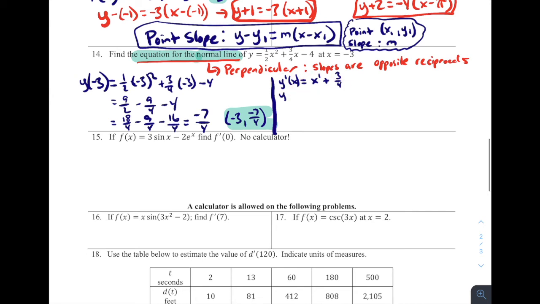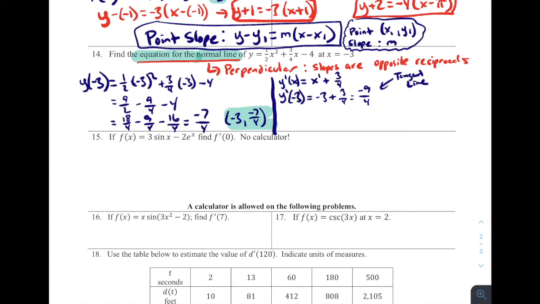Then we need to know here what is the derivative of this function when x is equal to -3. So that's going to be -3 plus 3/4. So that's going to be equal to -2 and 1/4. Or, we can say that that's equal to -9/4. So -2 and 1/4 would be -9/4. So this would be the slope. So I'll mention this would be the slope of the tangent line,